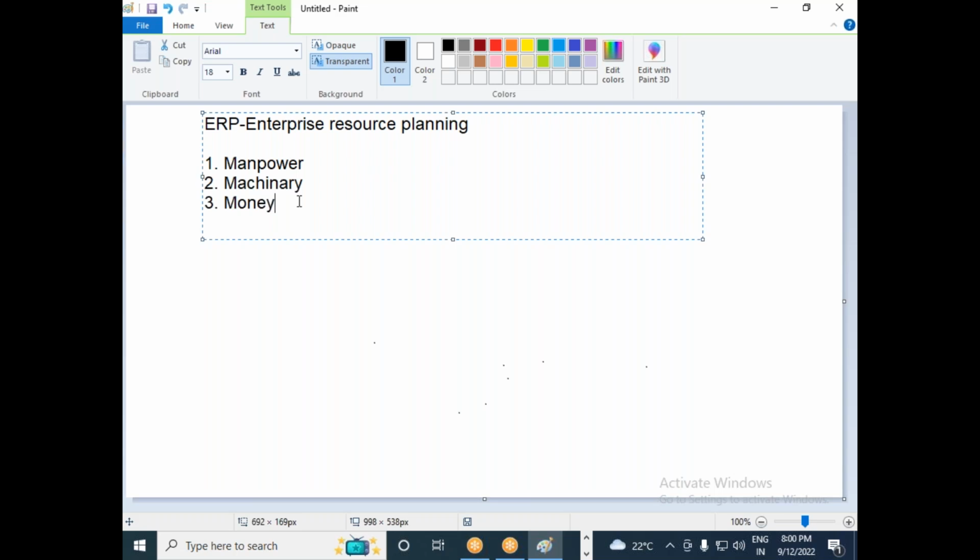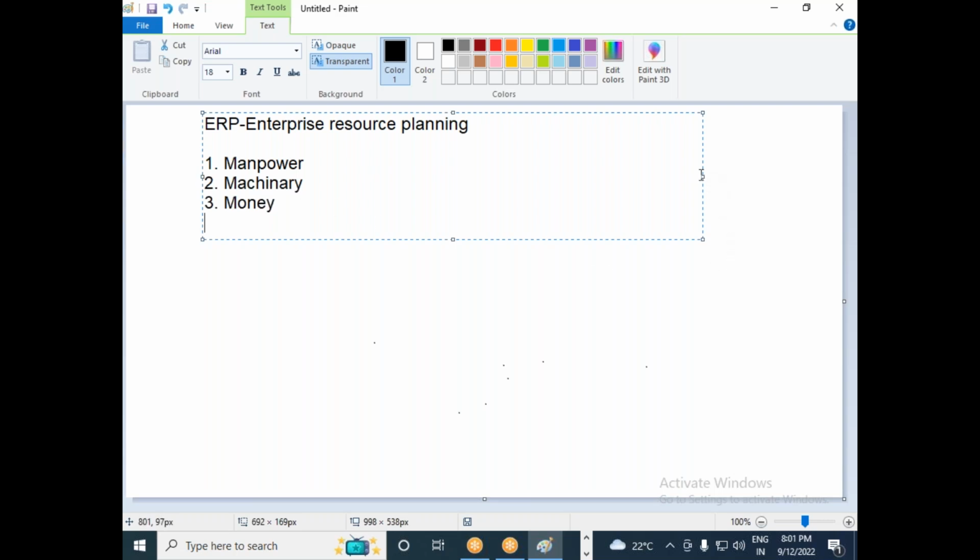If I haven't written down those expenses in the notebook, then what will happen? I will not have the track. I don't know where I have spent the money. So I also will not be able to get the benefits of those expenses. So to do this real-time data collection, nowadays you are using ERP software, enterprise resource planning software.